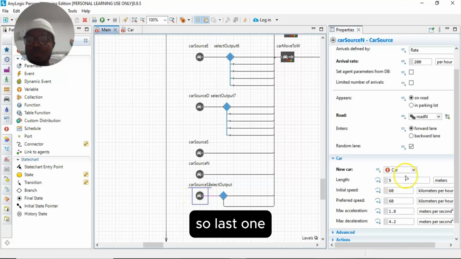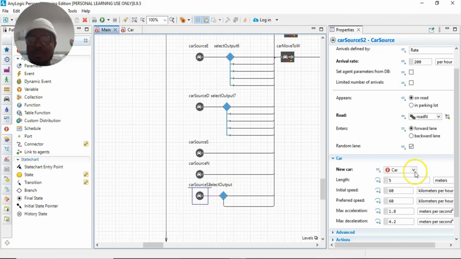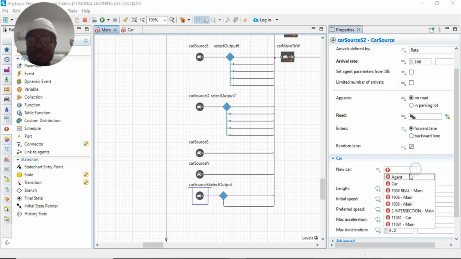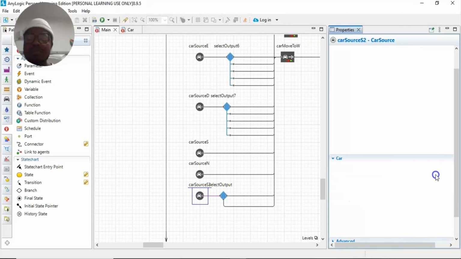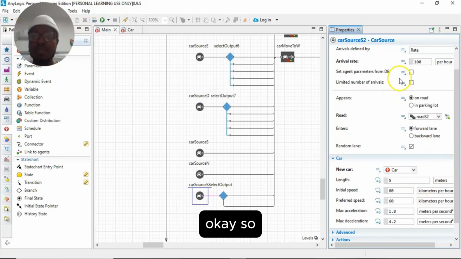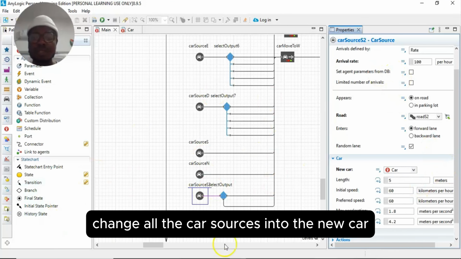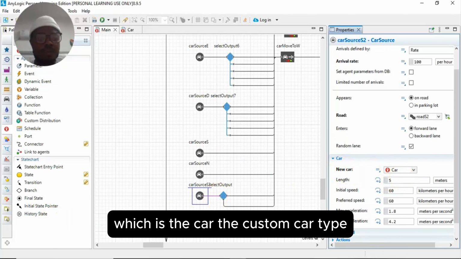So the last one, change to car. Okay, so we've been able to change all the car sources into the new car, the custom car